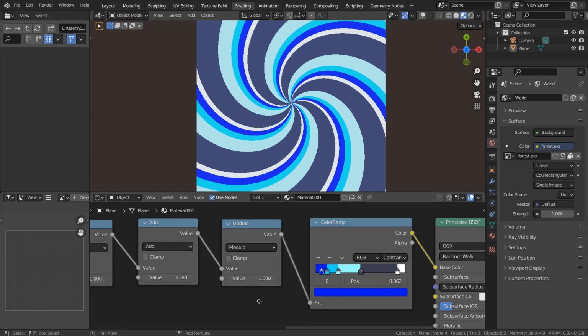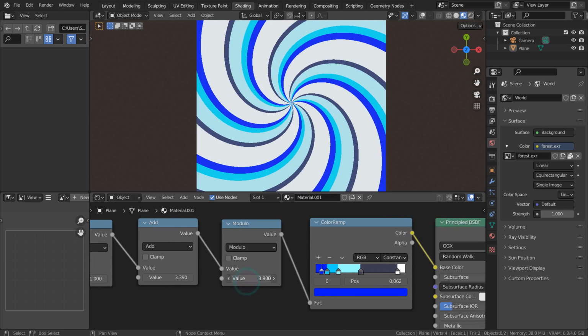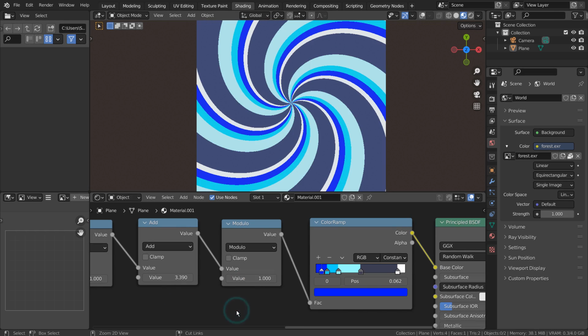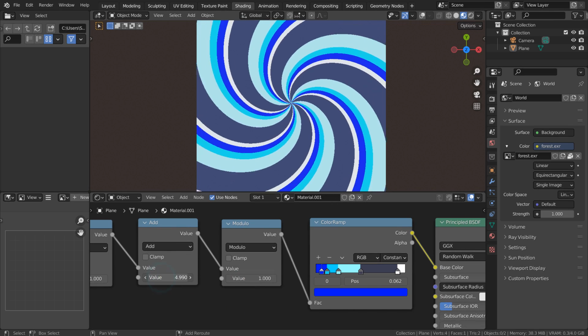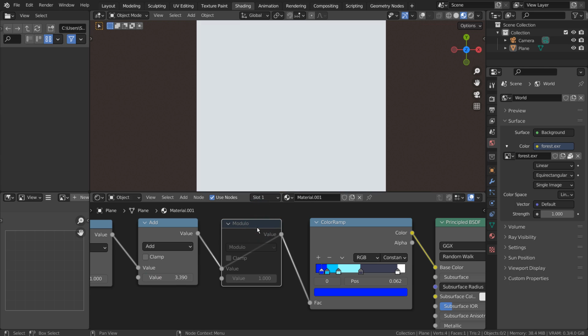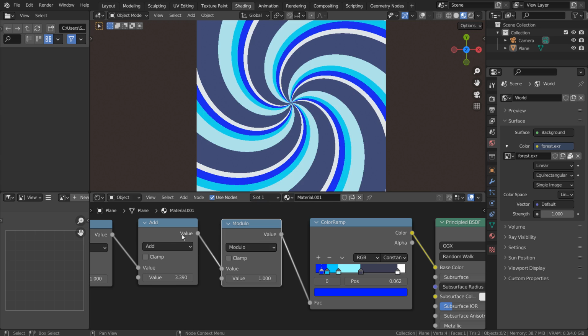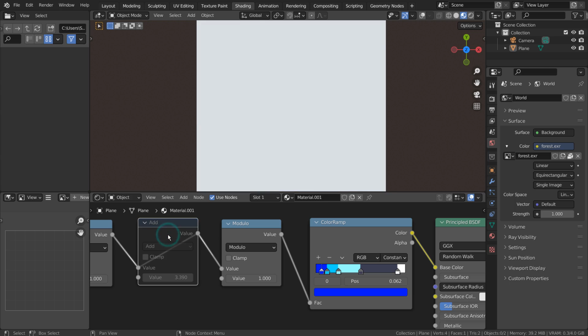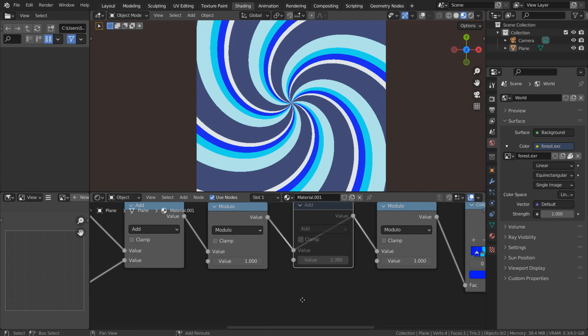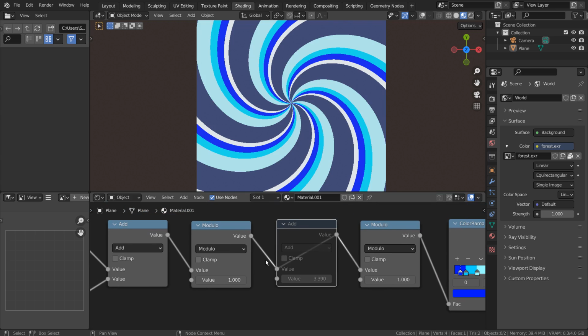Even my middle mouse button isn't working well. Please remember to activate the Node Wrangler add-on to use the mute feature by selecting a node and typing M. As we can see, not all the math nodes are required. They were added to show the extra math nodes can be used to customize further.